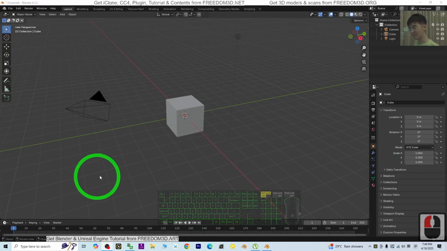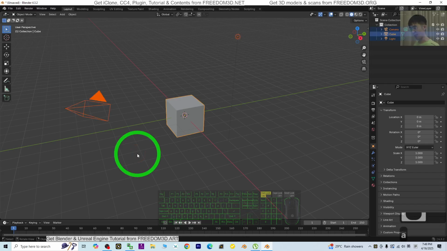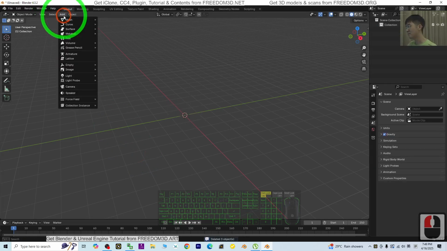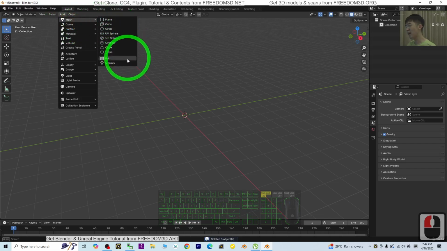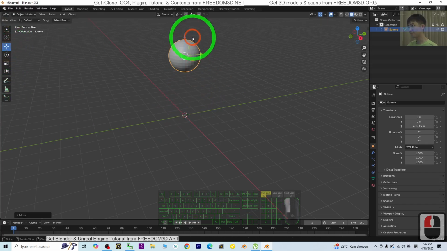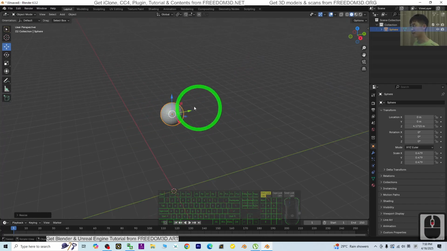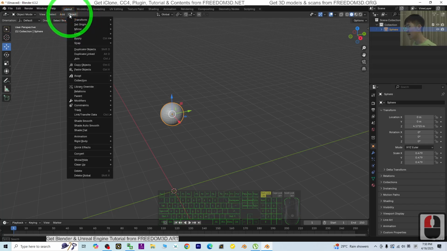My name is Freedom. In Blender 4.4, to make water simulations, what you need to do is just click the empty area, press A and delete. Then just go and add a mesh, add a UV sphere. For this UV sphere, just drag it up, make it small, and then after that,